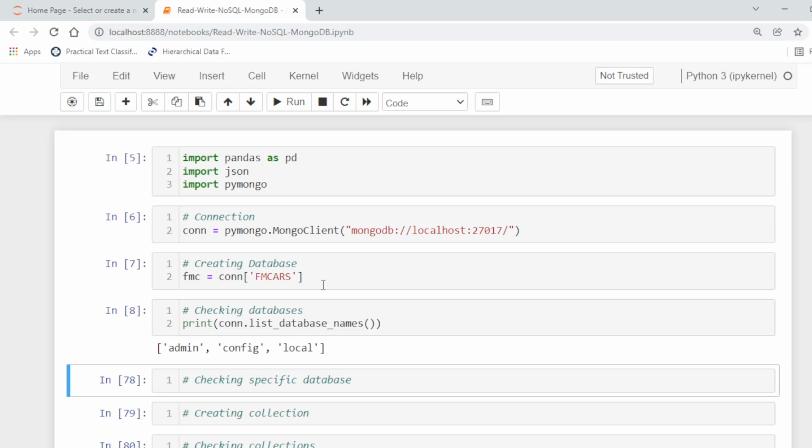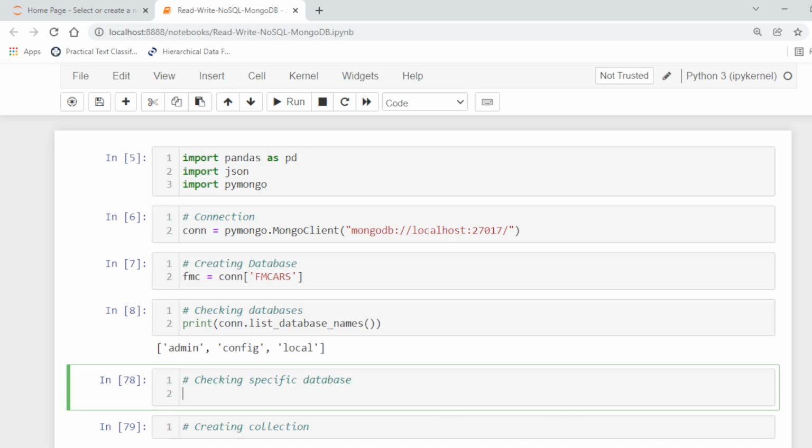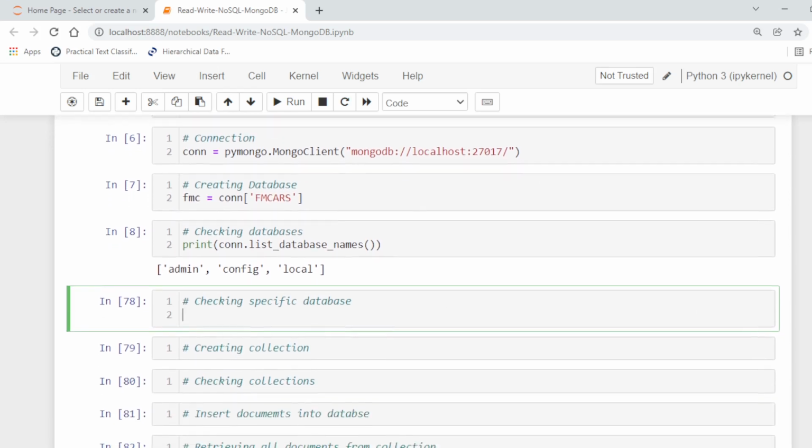It will be created after insertion of a collection with at least one document. That is why it is not appearing, because at the moment there is no collection in the database.